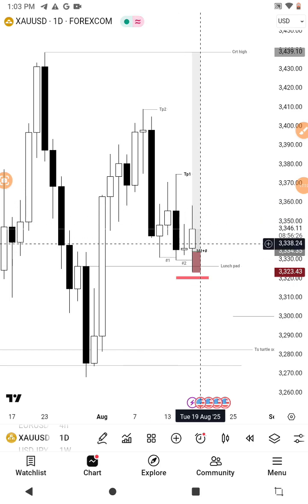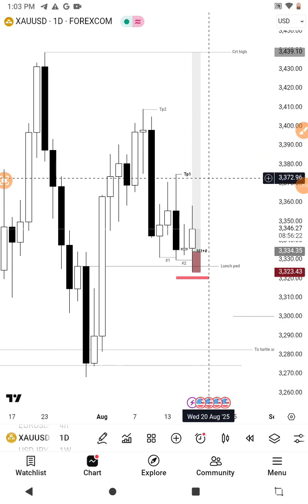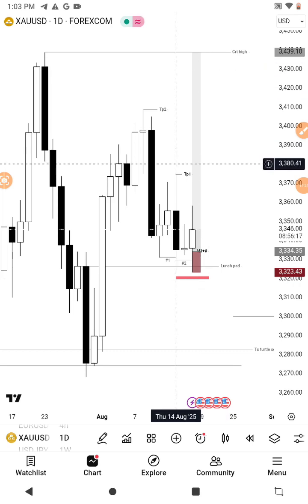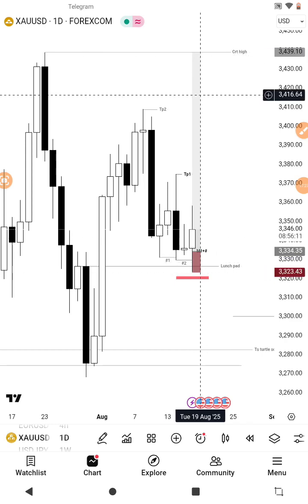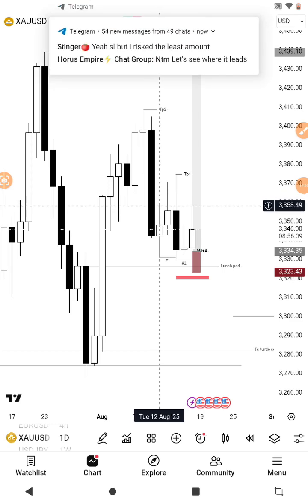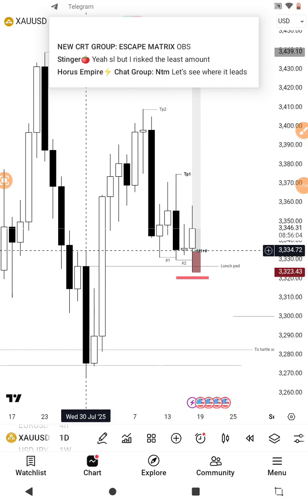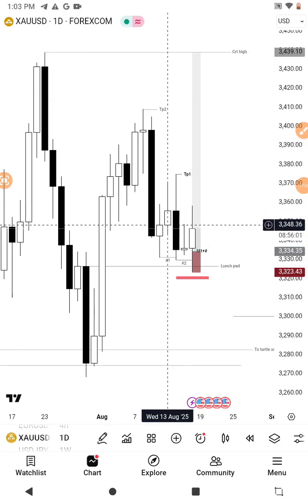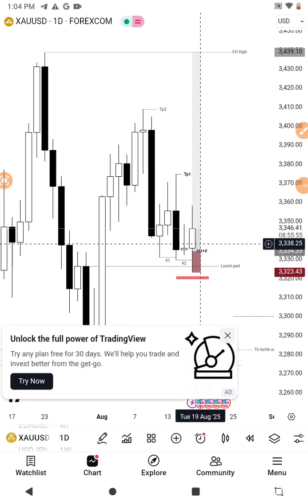Accumulation, manipulation, distribution. We are now expecting price to come to this top, reaching even to the complete weekly CRT high. Right? Accumulation, manipulation, distribution. Look at this fair value gap. Price accumulates, manipulates, distributes. Key level, order block. This dark candle accumulated. This one here didn't manipulate. The next candle manipulated the low and